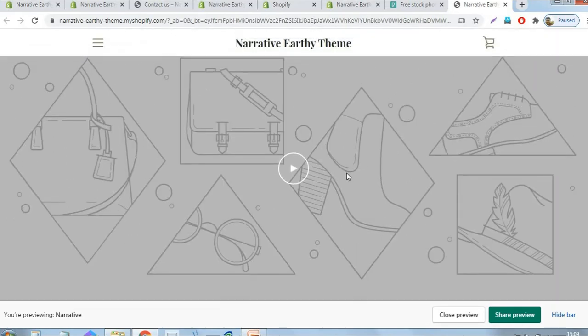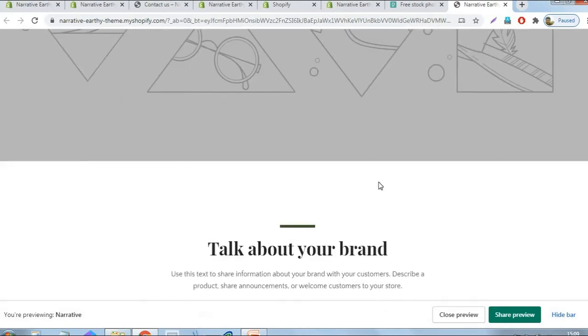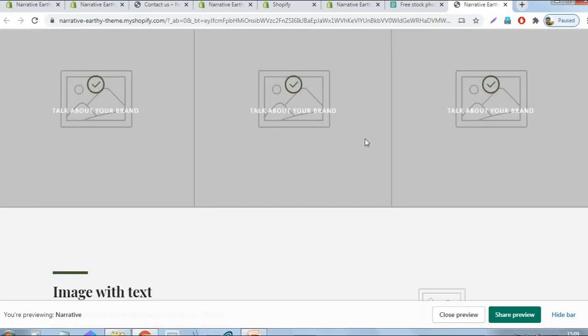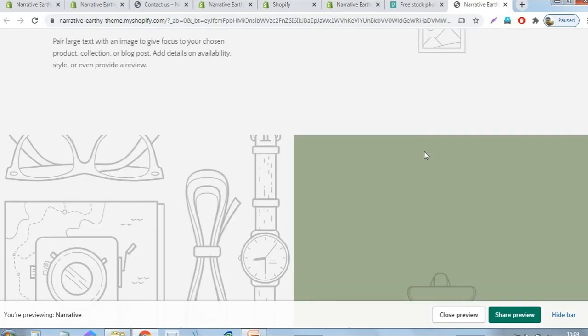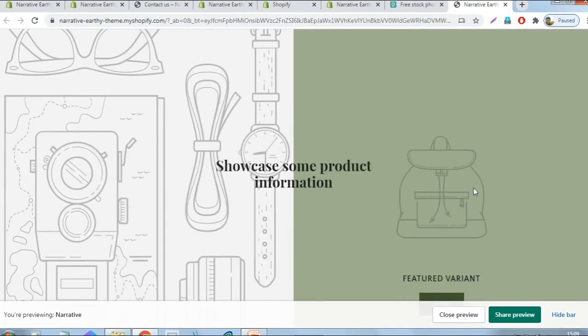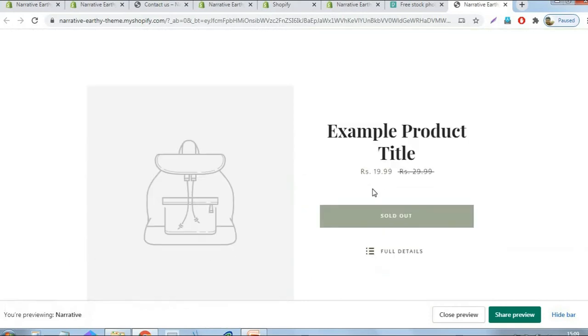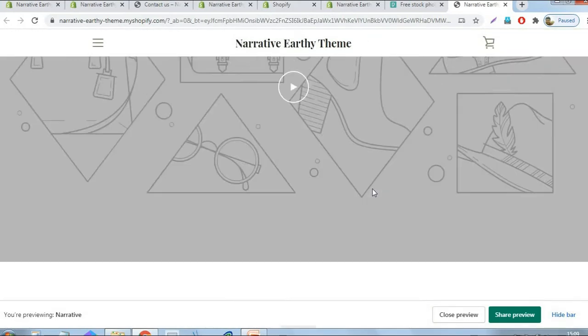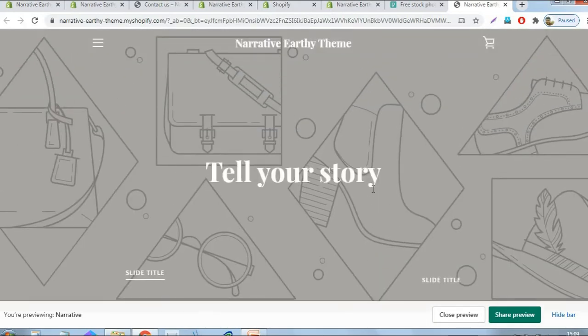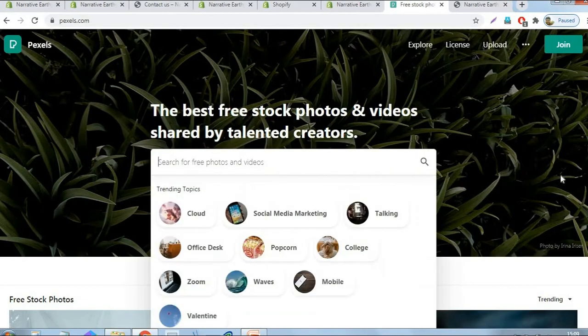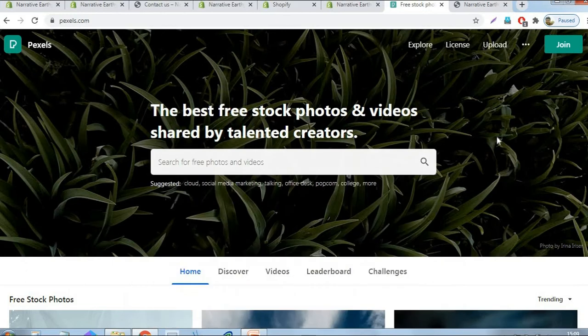We can use a video background, or just a plain image. The product area is not an issue. Here we need four different images to use in our store. We will search for tent related images in Pexels and use them in our web store.